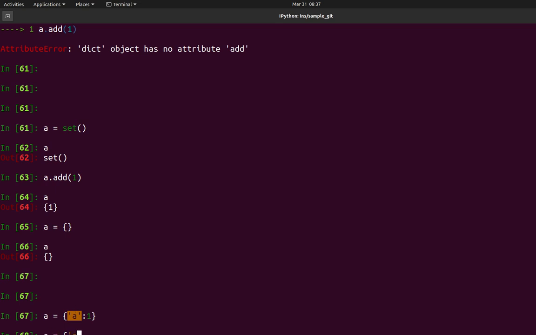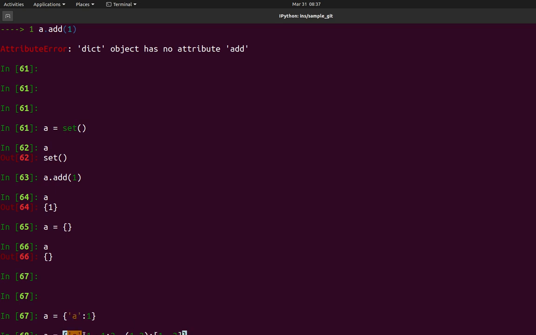So let me show you an example. You can use this, you cannot use a list, you can use numbers. You can use tuples also, like 1 comma 2, and let's say values can be anything.